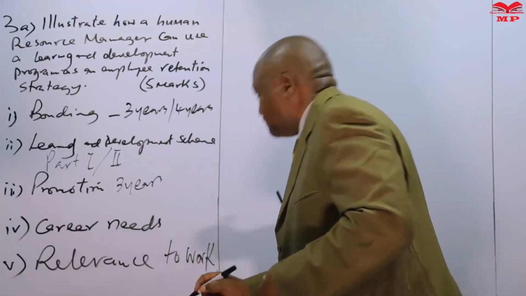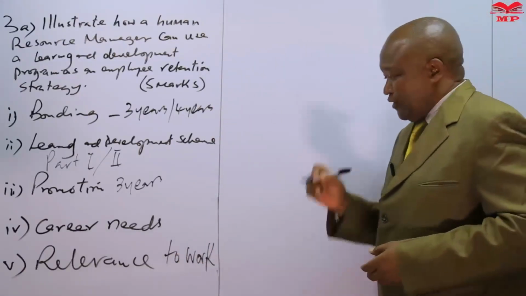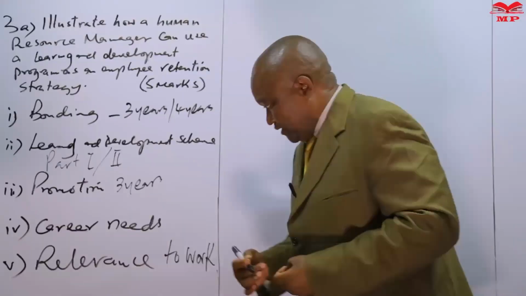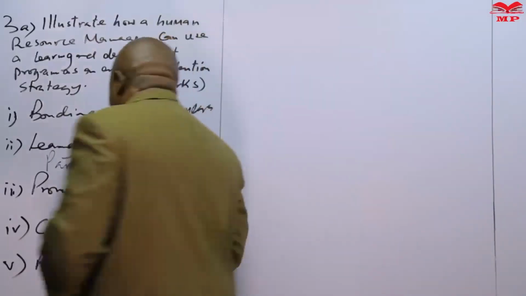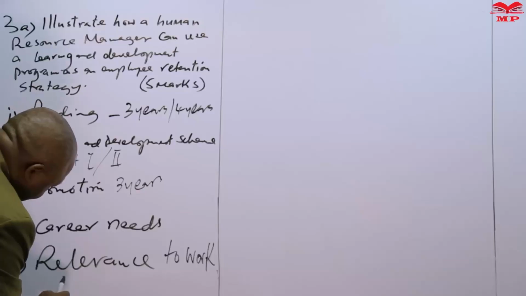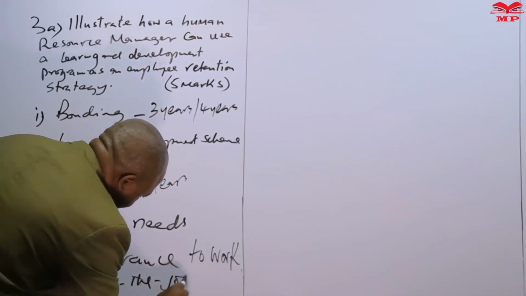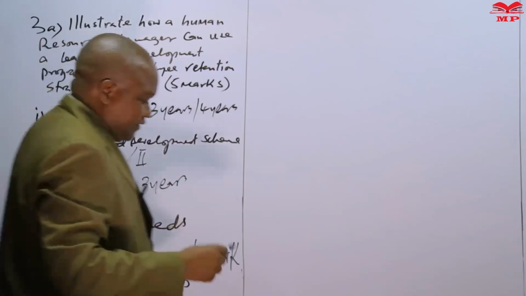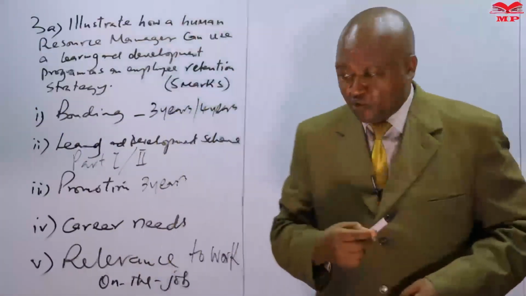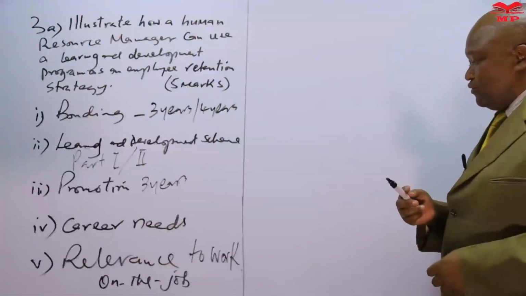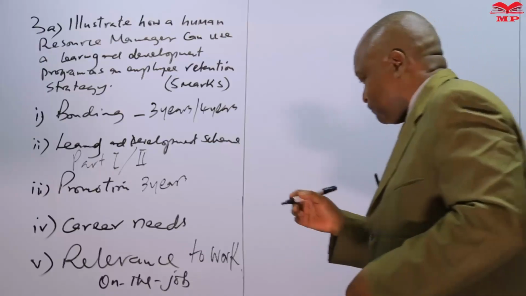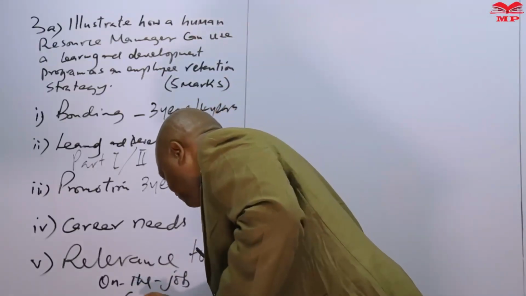And in this case, a learning and development program could be crafted so that the learning program is on the job. So if a learning and development program is on the job, an example of this could be coaching